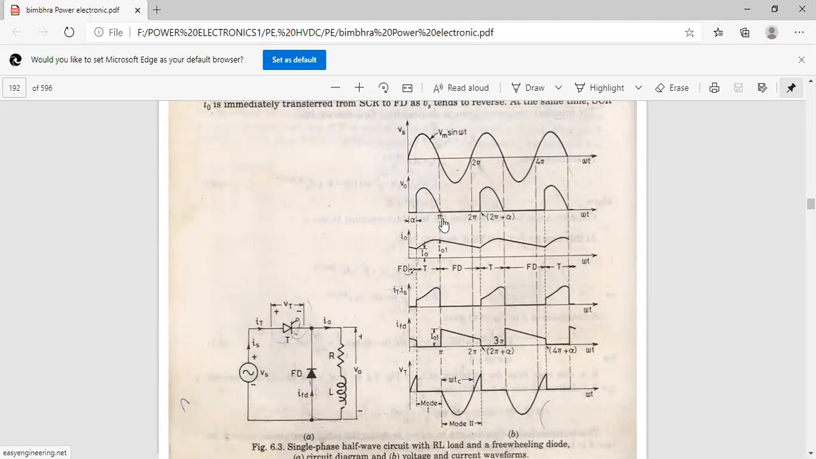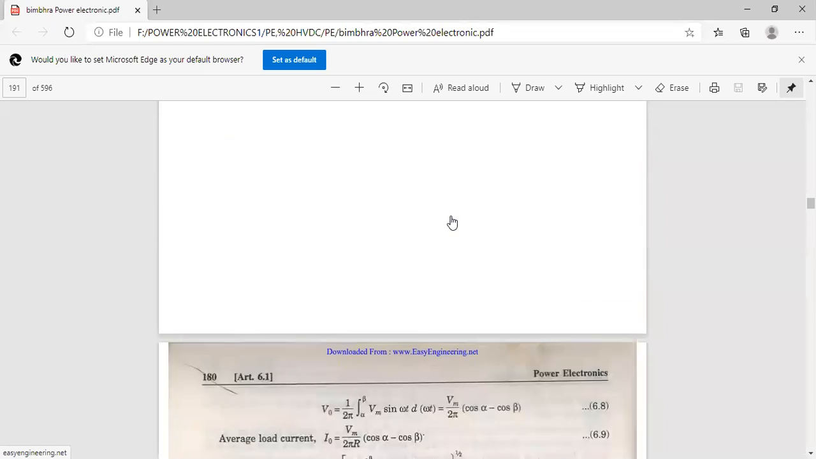There is no negative spike. Why? Because the load is short circuited at the freewheeling diode. Anything in parallel with the short circuit is also short circuited. In a short circuit, your voltage is 0. See, in the RL load previous case,